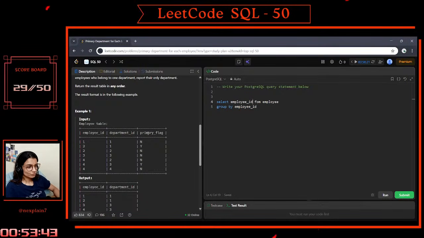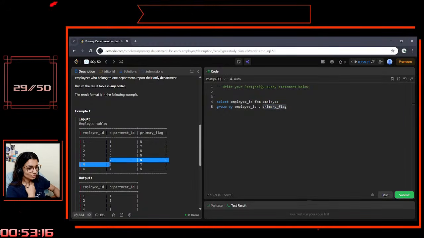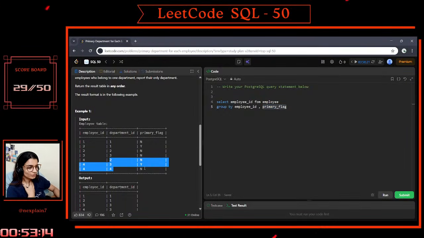Okay, actually I also need to partition or group it based on the flag as well. If I do it on flag, then there will be only one case. So let's say 4 is there, so 2, 3 and 4, it belongs to 3 departments where the primary is 3. So if I do,